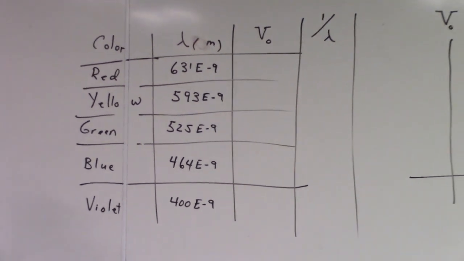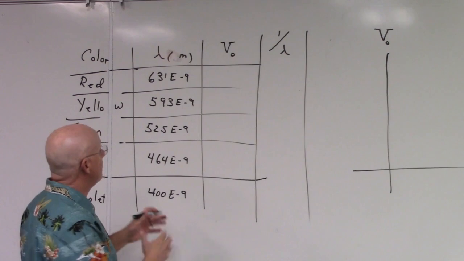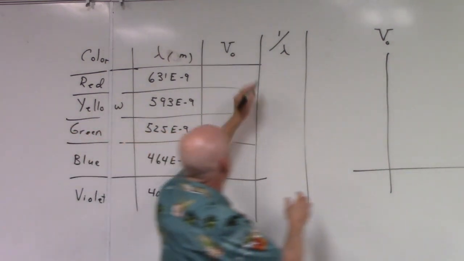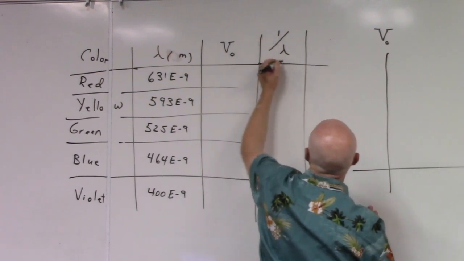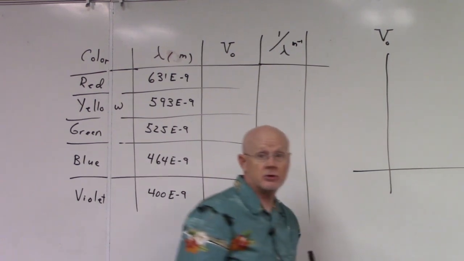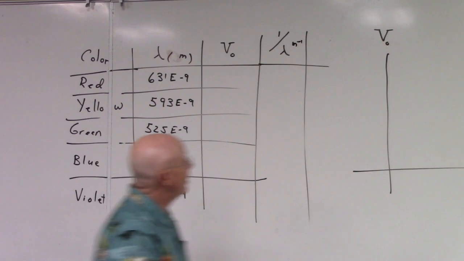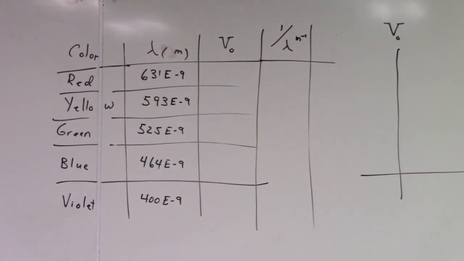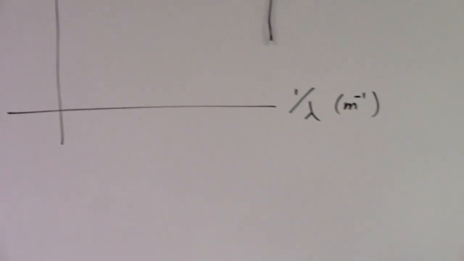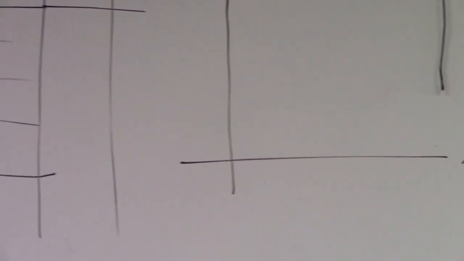Of course, there are other options too. Whatever you want, it's probably nice to have this in meters so that when we get this column that's the reciprocal, it'll be in inverse meters. Okay? And so over here, this would be units of inverse meters. But regardless of the units here,